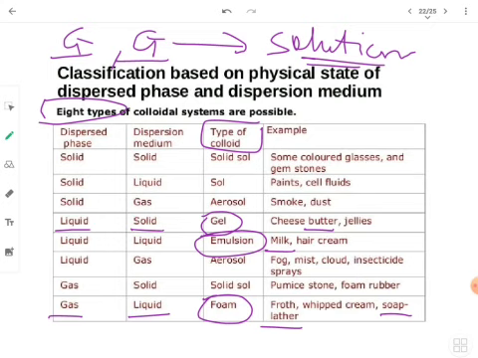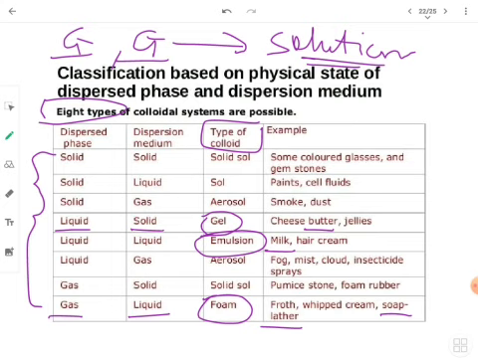And again there are different types of colloids that are given over here. You must be aware about the types of colloid, that what are they specifically called, and you should be aware of few examples of each, so that if in the exam it comes, you can easily find out.